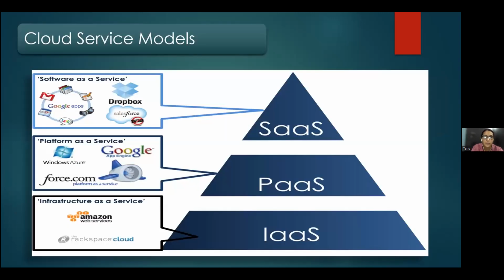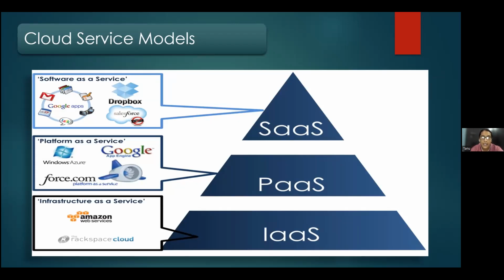Now coming to the cloud service models. There are three main cloud service models, which are IaaS, PaaS, and SaaS. IaaS stands for infrastructure as a service, meaning in this we have to manage our data, applications, compiler, and networking. Here the cloud provider manages things like virtualization and servers. We can take the example of a provider like AWS, where we have to configure that.